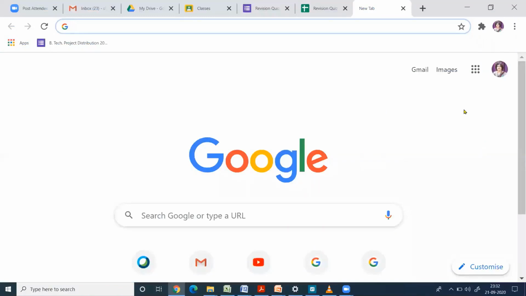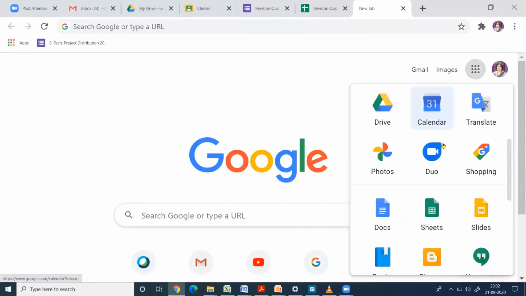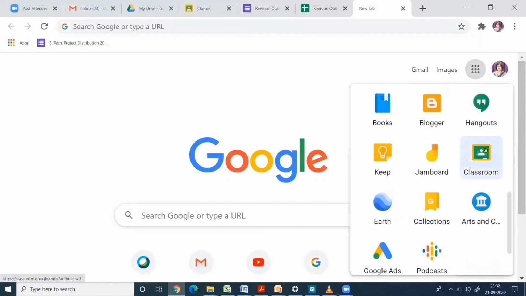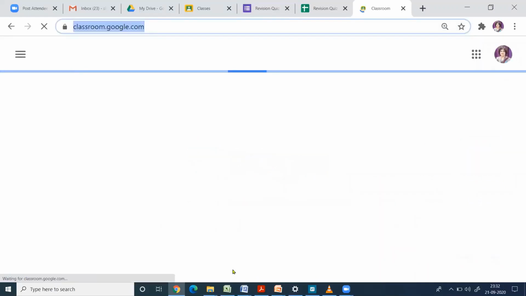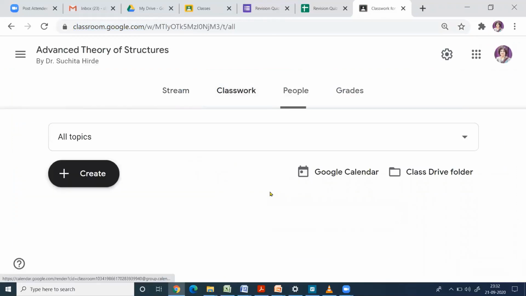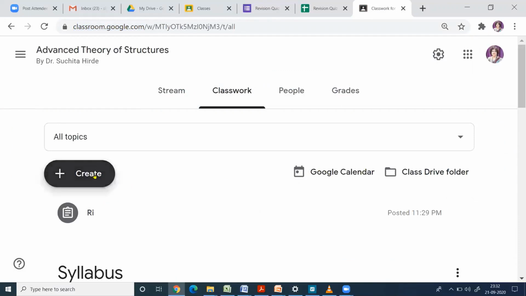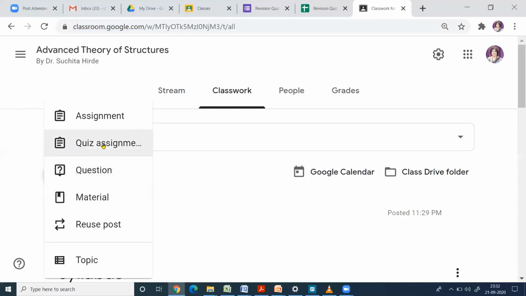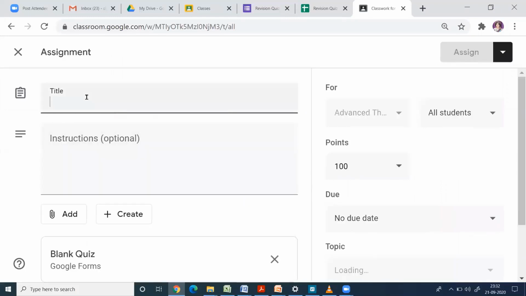Suppose you want to add this quiz to your Google Classroom, then click on these 9 dots, go to your Google Classroom, select the class, go to classwork, select create, quiz assignment, then give some title here, revision test 2.